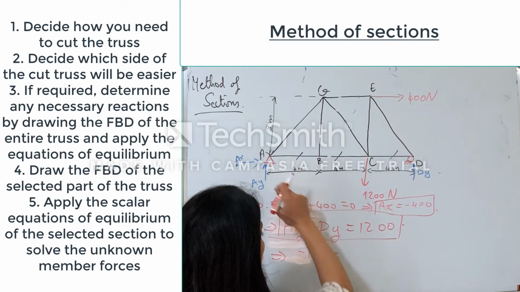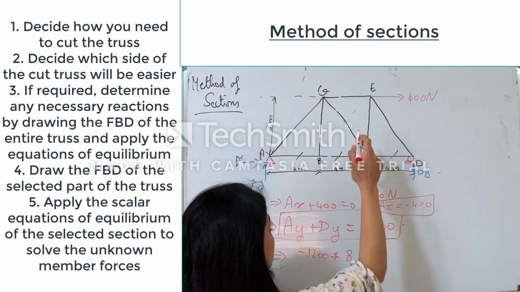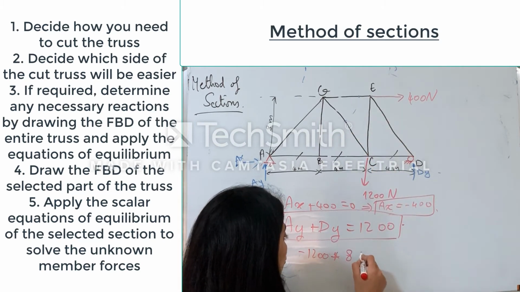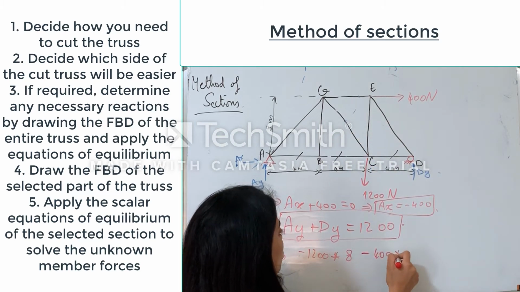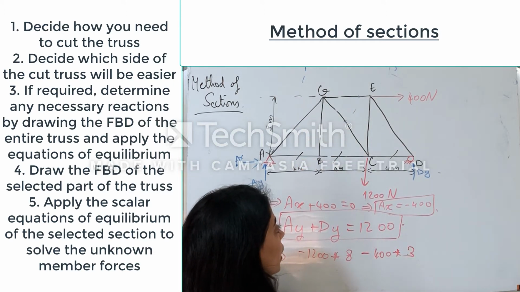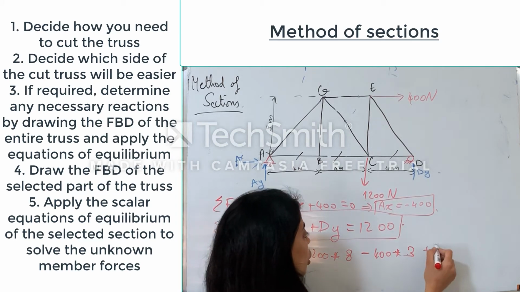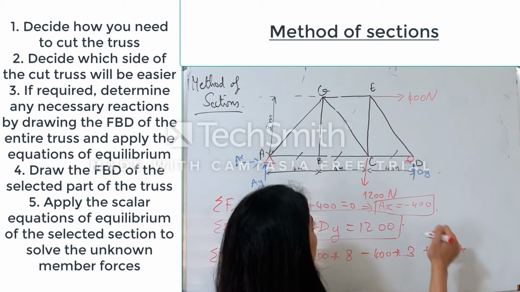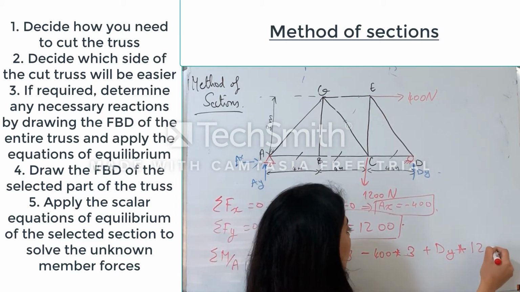So 1200 times 8. 400 is also doing a negative direction. So minus 400 times this distance, which is 3. And finally, DY is doing the positive direction. So plus DY times 12 is equal to